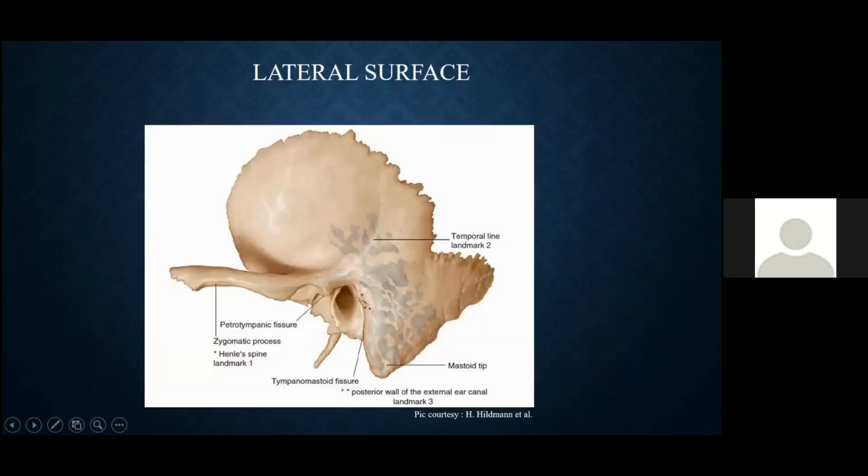So let's start with the lateral surface of the temporal bone. This is a picture showing the lateral surface, which is formed mainly by the vertical part of the squamous temporal bone and a part of the zygomatic process, along with the mastoid process. We have studied the important landmarks, that is the linea temporalis and the spine of Henle. And behind the spine of Henle, a very well-known triangle, McEwen's triangle, corresponding to the mastoid antrum, which is demarcated superiorly by the linea temporalis, and the anterior boundary is by the posterior limit of the external auditory canal. And the tangent between these two forms McEwen's triangle.